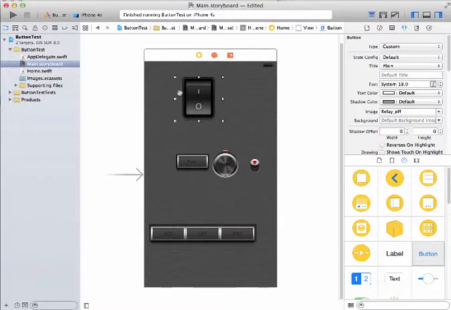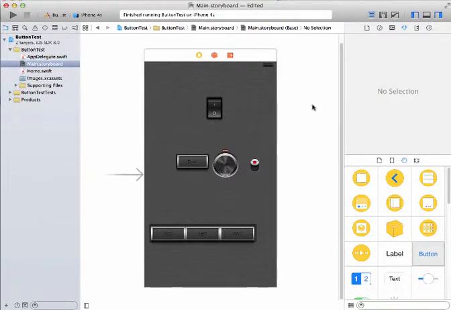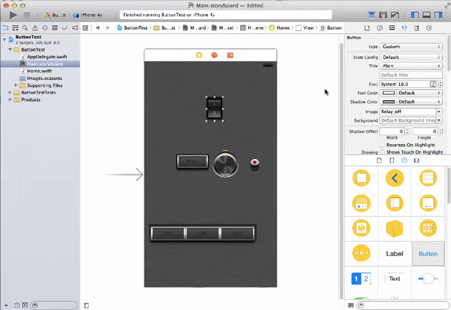Yep, don't think I did that right either. I'm just going to put it back to scale, grab it again, and then size it to something that I like the look of, which I like the look of that. Okay, so